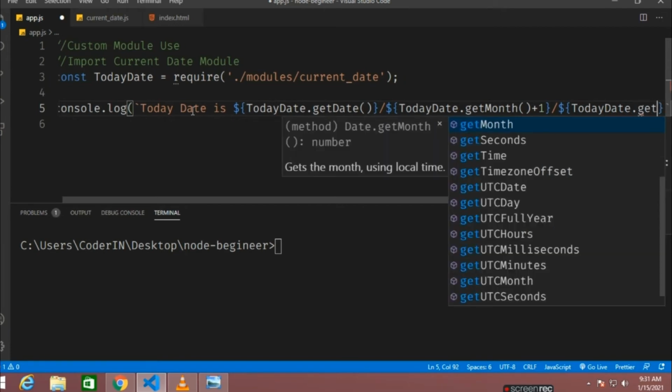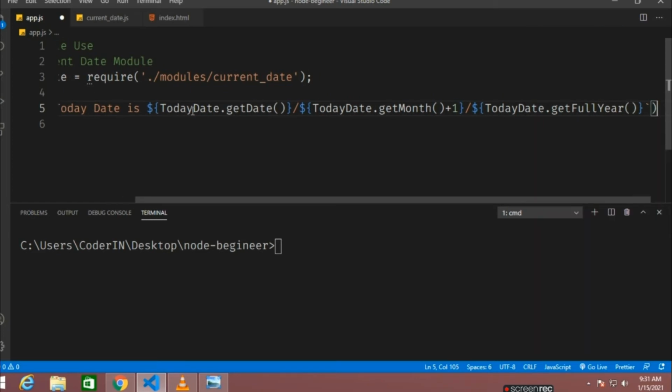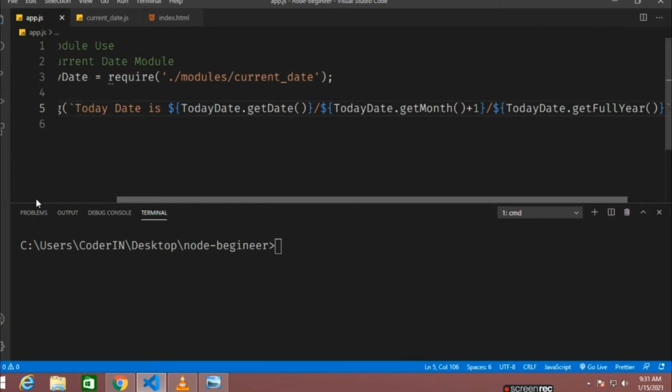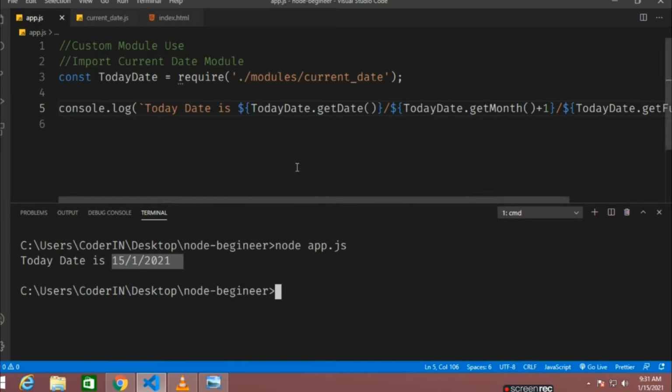It will show me the full year in four digits, like 2020, 2021. So let me run this code. Node app.js, and you can just see today's date is 15/1/2021.